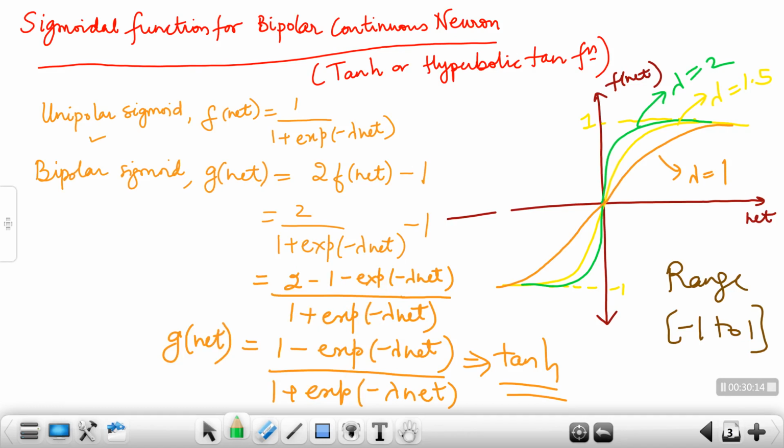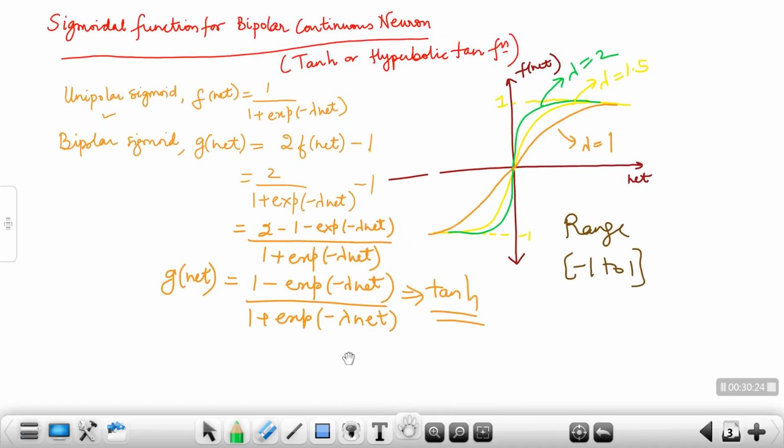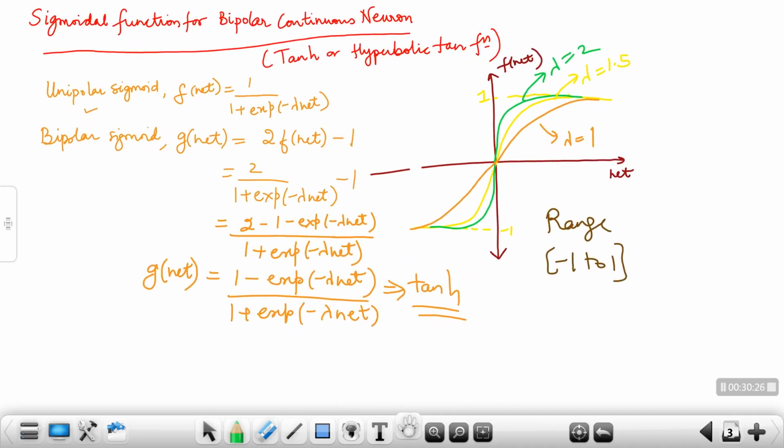And lambda is equal to 2. So again, as the value of lambda increases, the slope becomes steeper and steeper. Now I want you all to go through the characteristics of this particular function, and after that you have to derive f dash net, and equate it to what? This part I will not be doing, but I want you all to do,